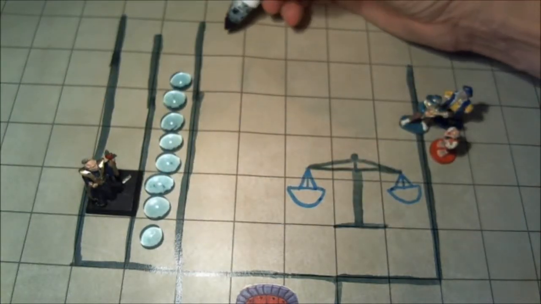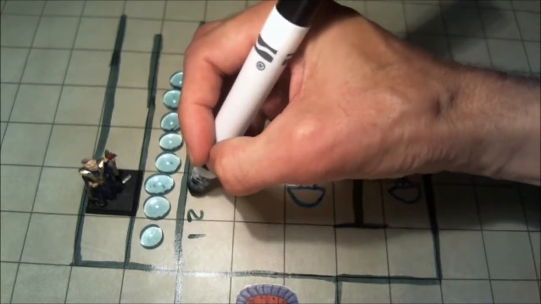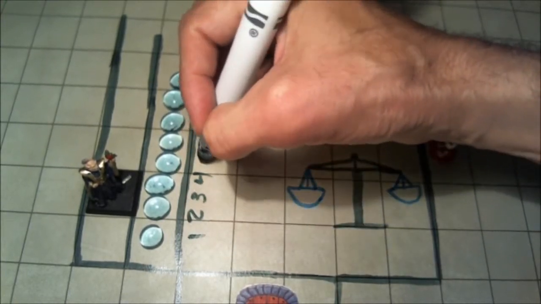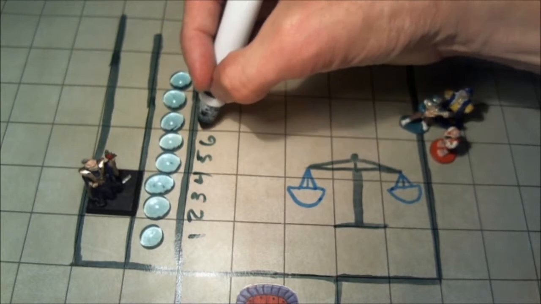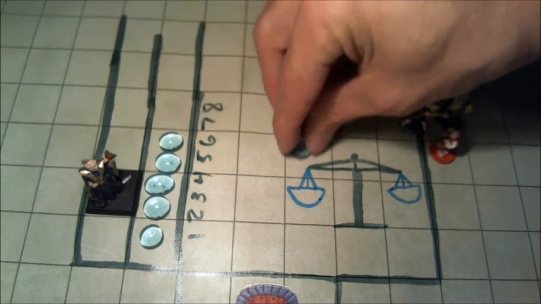To assist with the puzzle, I would probably number them. So we have 1, 2, 3, 4, 5, 6, 7, and 8. That'll help us solve it. And then we will secretly know behind our DM screen which crystal ball is the heavier one that the players are looking for. So in a second scenario,